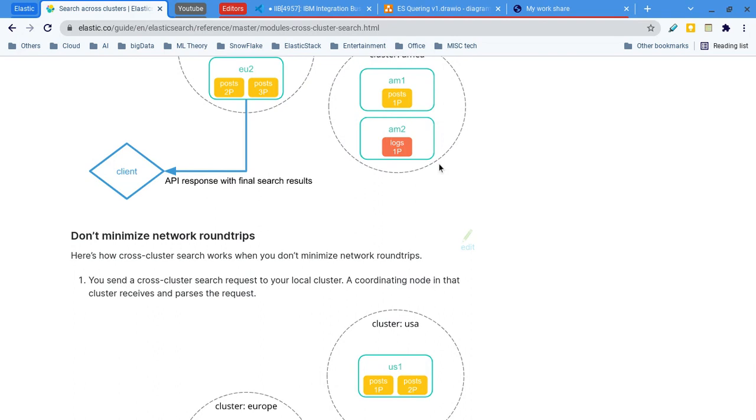But if the data is very large, this is one type of network connectivity.